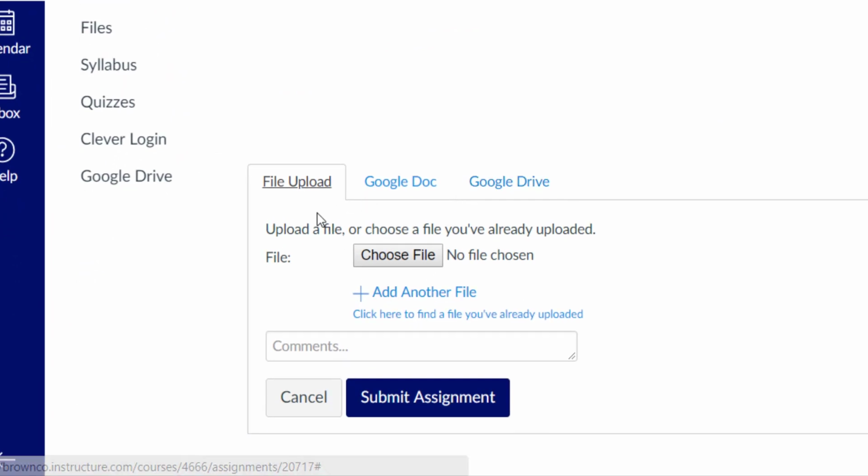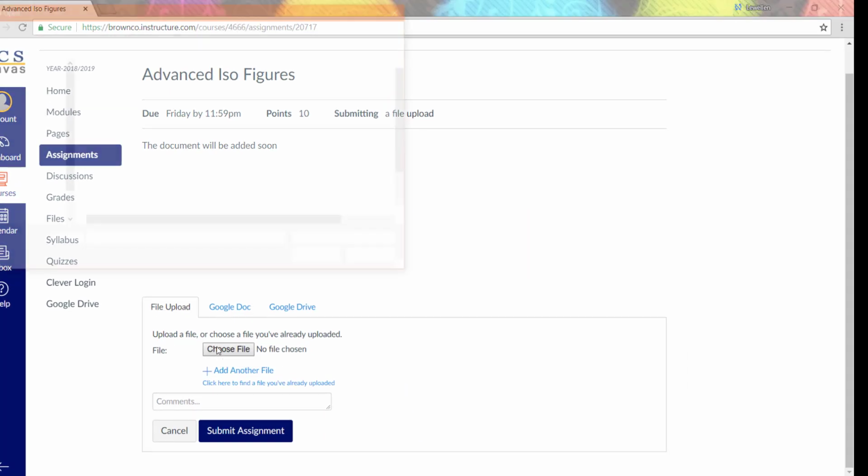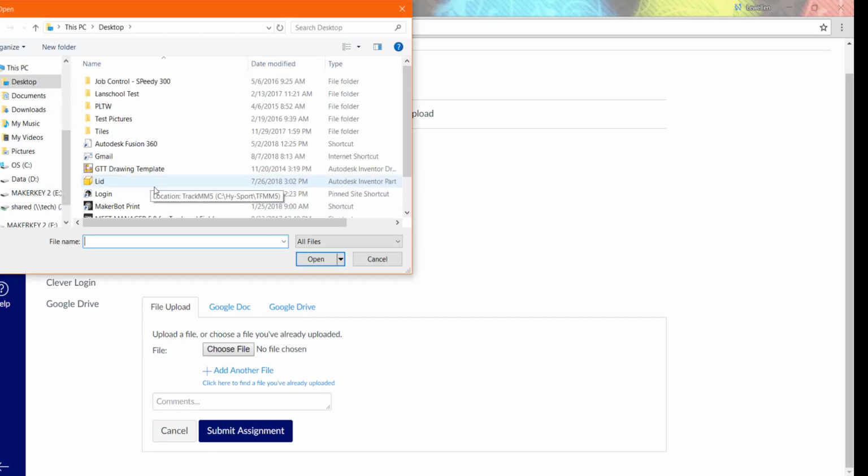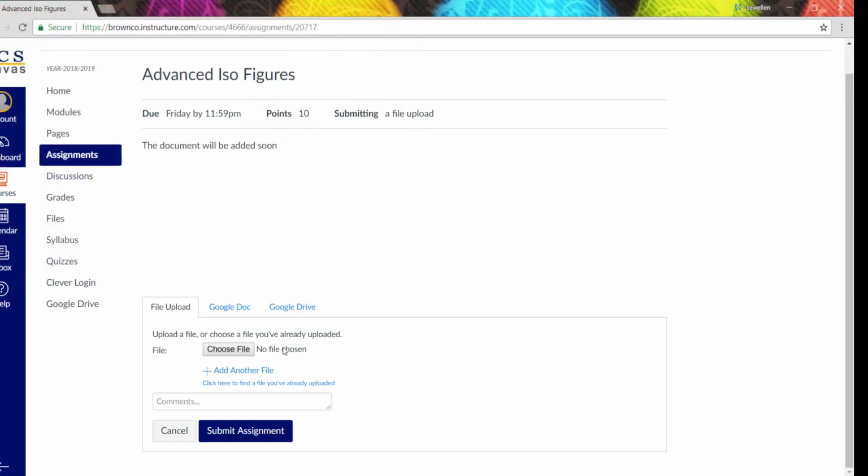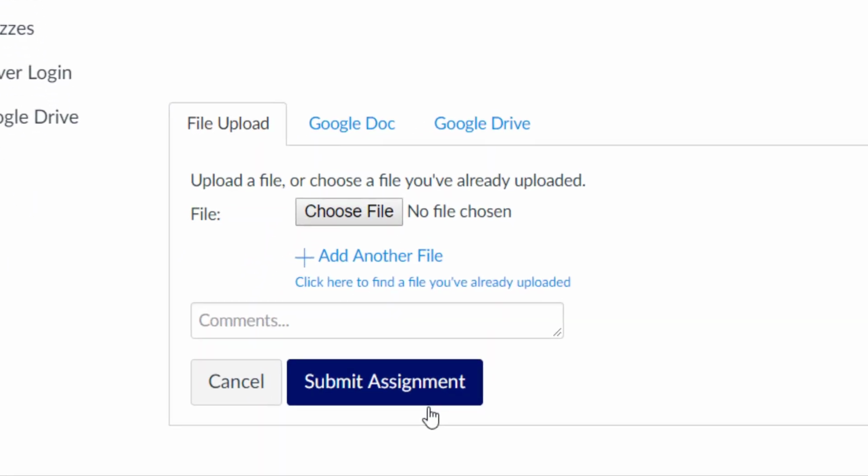You'll scroll down a little bit and see file upload. If you are actually submitting something from the computer, like on your network drive, that's when you would hit choose file and find it wherever you have saved it on your network drive, probably your PLTW folder or Tech 7 or Tech 8 or whatever we had called it. Then you would double click on it, it would show up right here, and you could just hit submit assignment